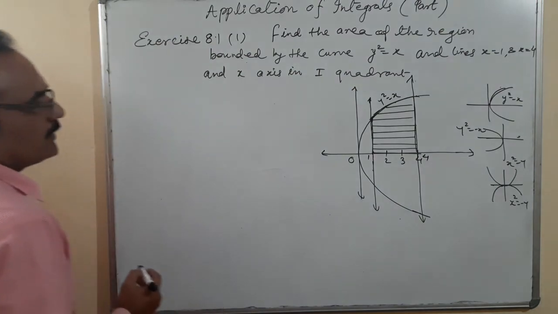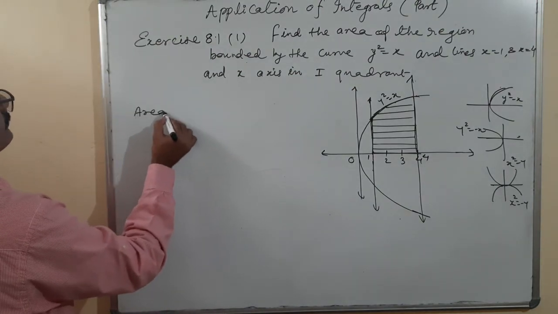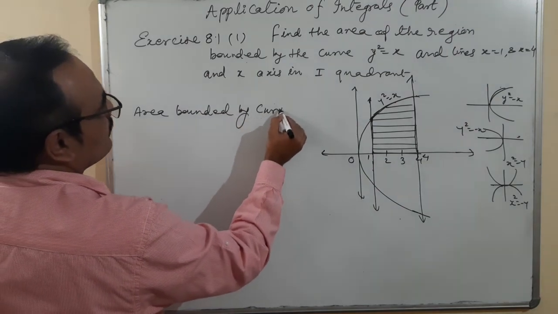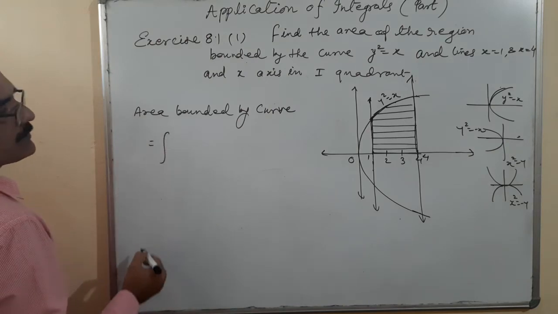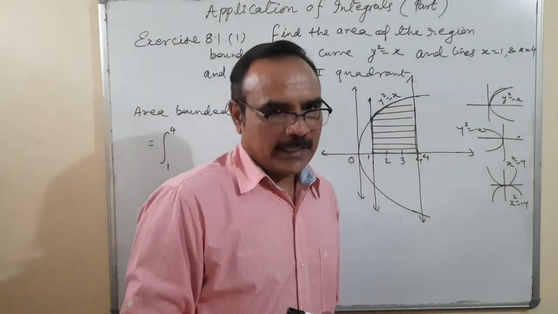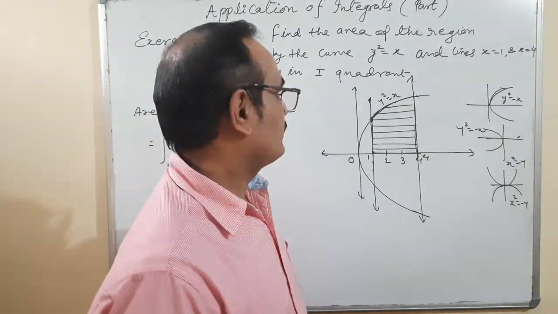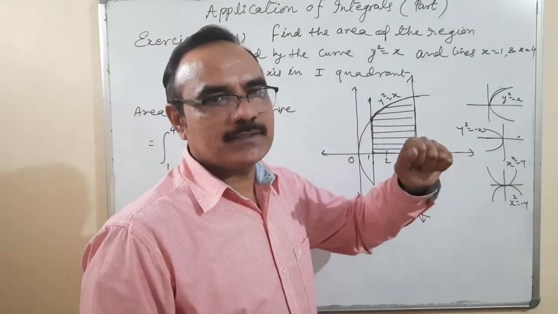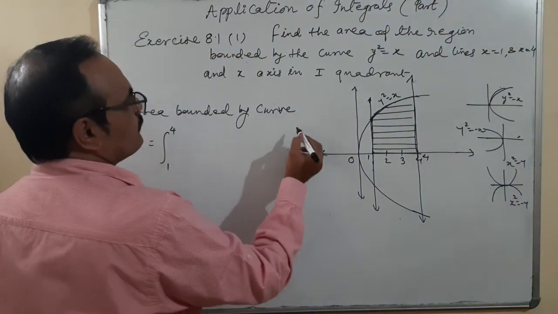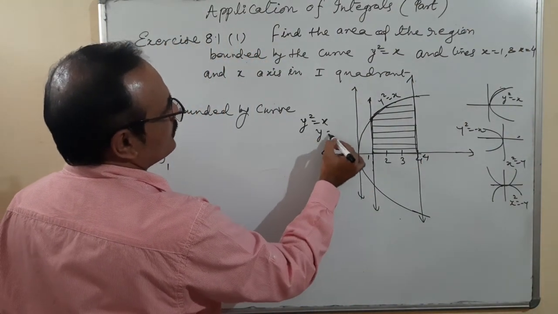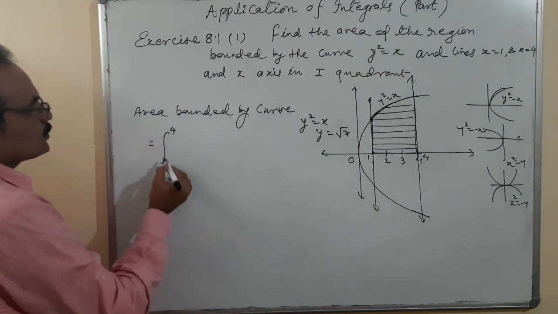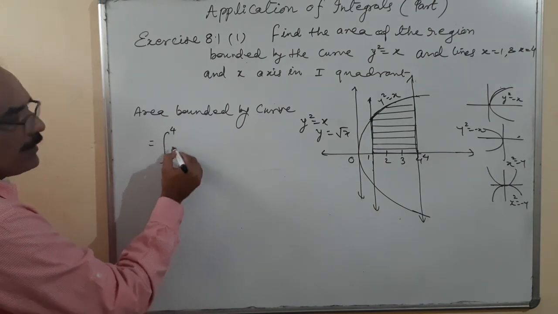Okay. So area bounded by curve is equal to limit 1 to 4 f of x. F of x, that means we have to put the value of y. So we will have to put the value in terms of x, of y. So y square is equal to x, that means what is the value of y? It is root x. Y square is equal to x, therefore y is equal to under root. We are talking about the plus sign, so it's not taking minus sign here, under root x.